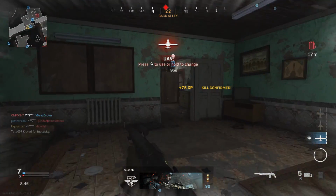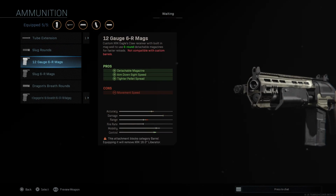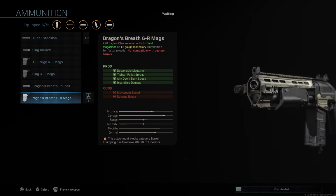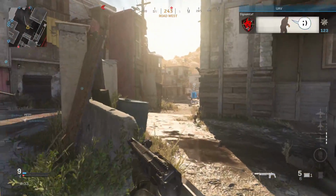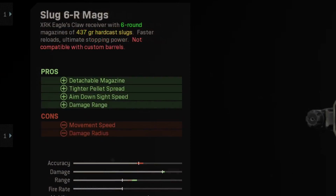A few weeks back, in an update, Infinity Ward had added in a bunch of cool new attachments for the Model 680 shotgun, which is my personal favorite shotgun of Modern Warfare. We got the Dragon's Breath attachment, along with some interesting new mag choices for the gun. The 6-round magazine comes in 3 different varieties: the normal Buckshot version, the Slug version, and of course the 6-round